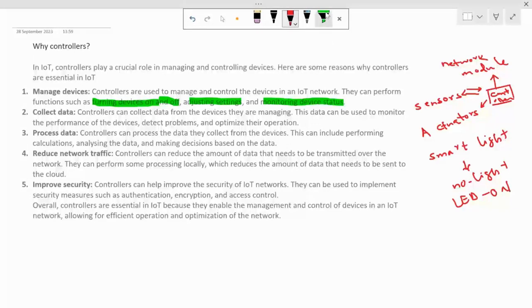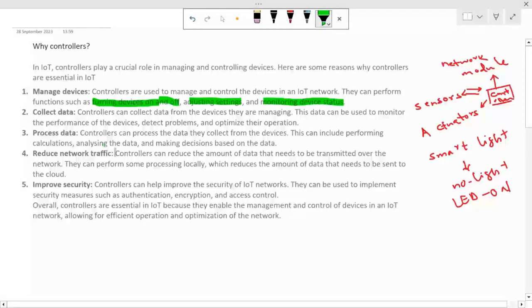Reduces the network traffic. Controllers can reduce the amount of data that needs to be transmitted over the network. They can perform some processing locally, which reduces the amount of data that needs to be sent to the cloud.